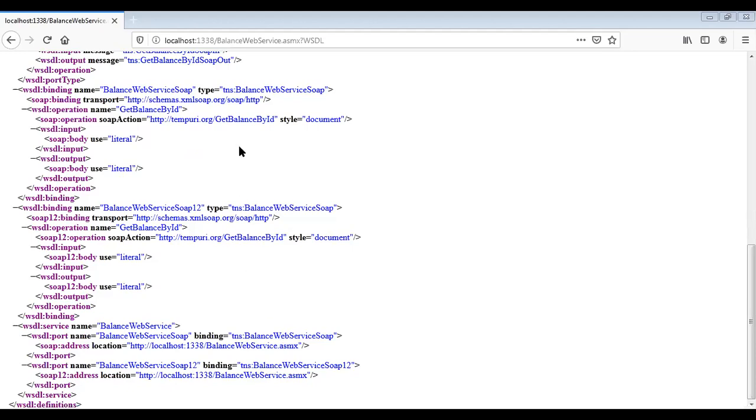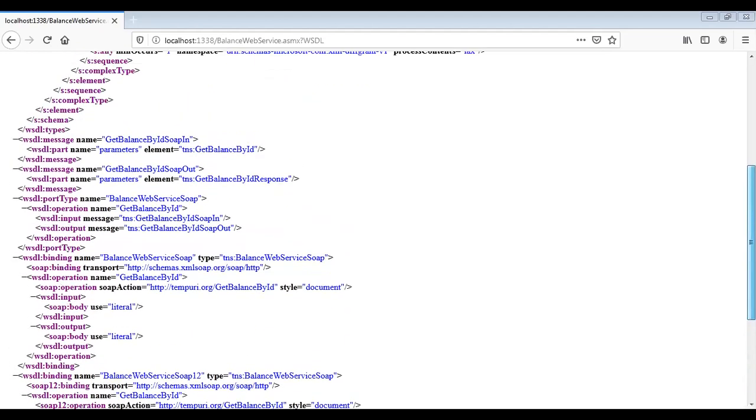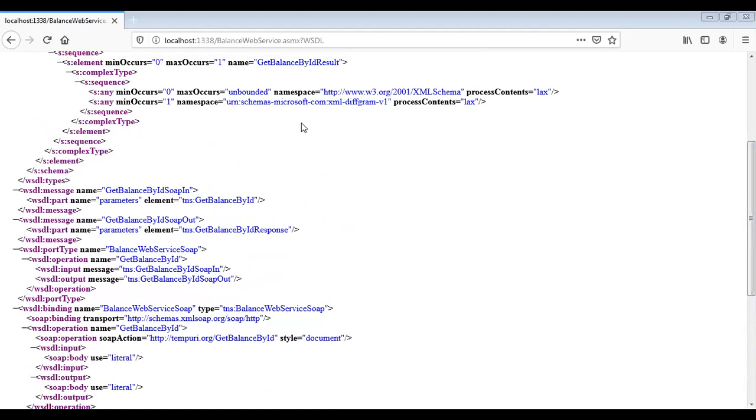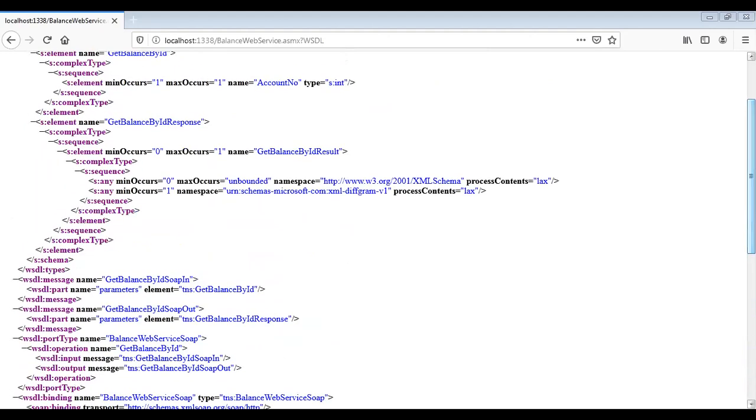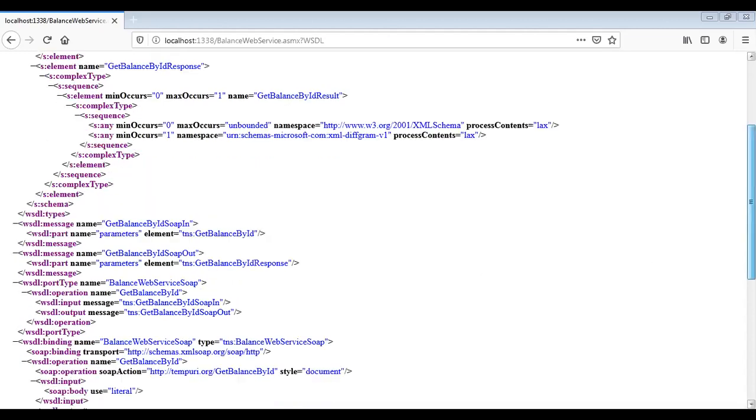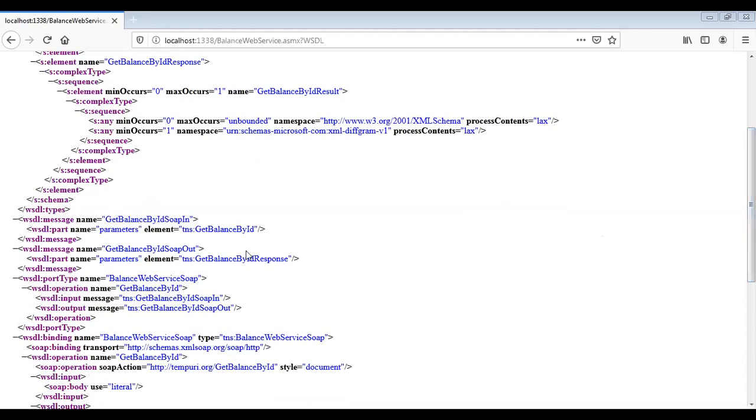Input and output. Just give the account number as the input. Here the account number is the input, and the account number is the input and output.